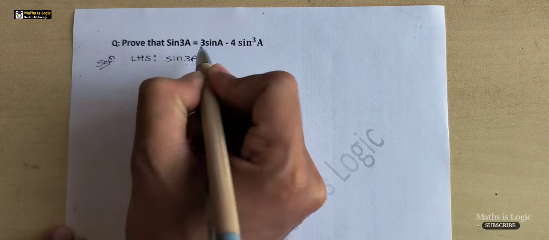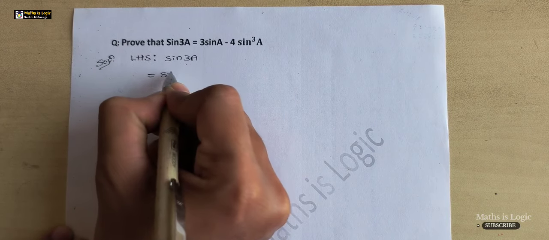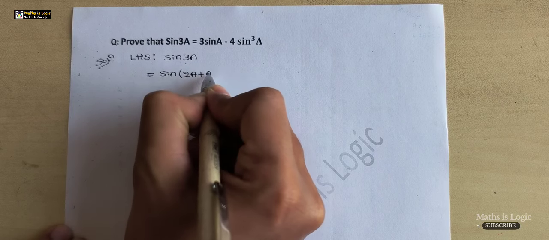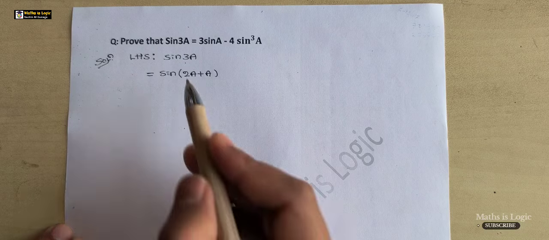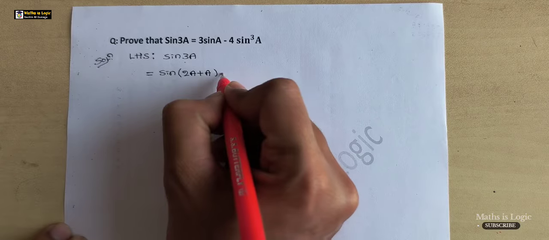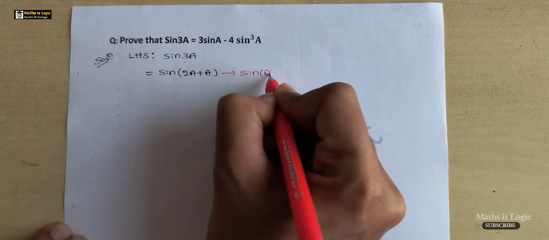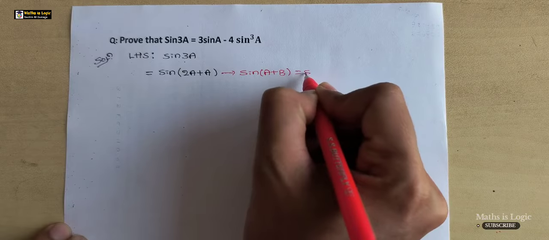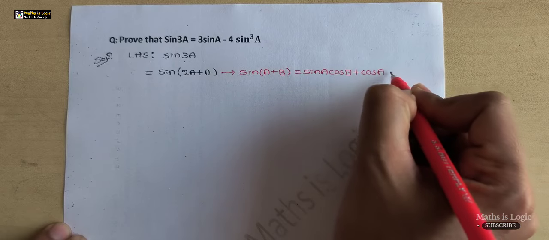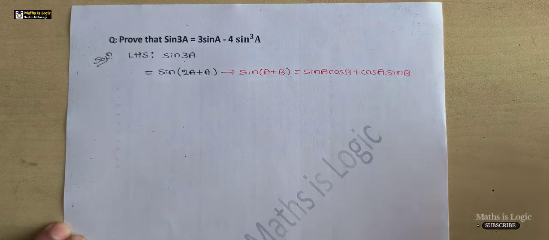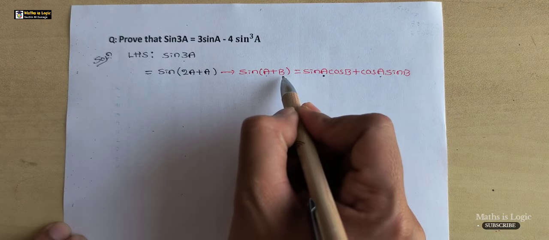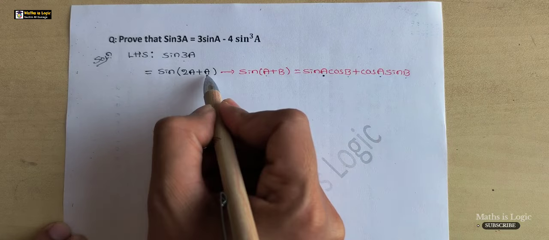Sine 3A, which is equal to, keep that sine as it is, split this 3A as 2A plus A. Once I split 3A as 2A plus A, this looks like sine A plus B. Apply the compound angle formula, sine A plus B is sine A cos B plus cos A sine B. Remember, wherever A comes,